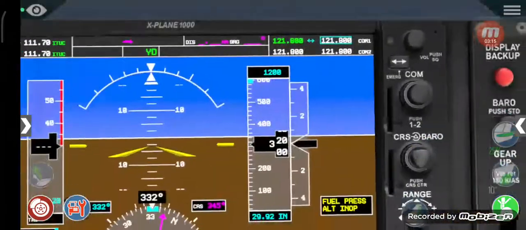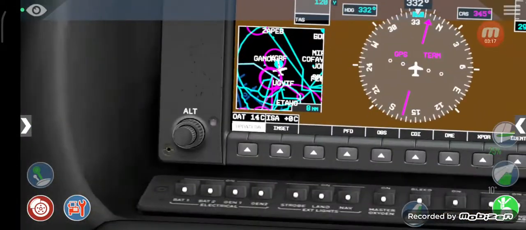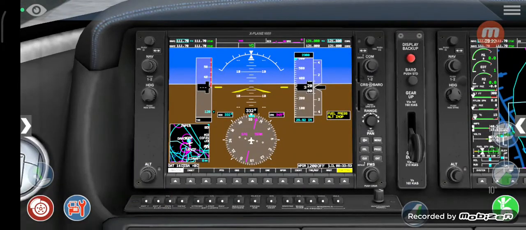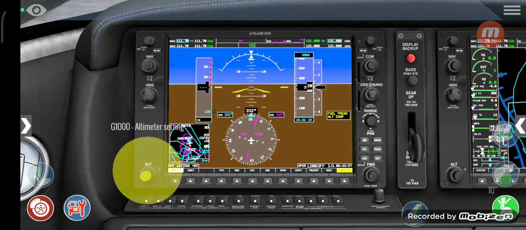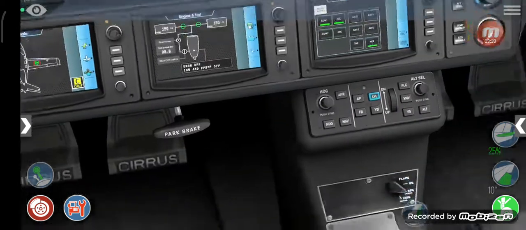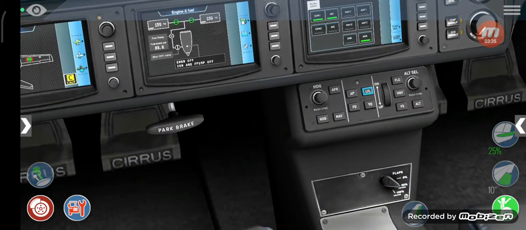Here is change the altitude. We're going to 3,000 feet, or we're going to about 2,500, or more or less a little bit more. Alright, we set everything now,